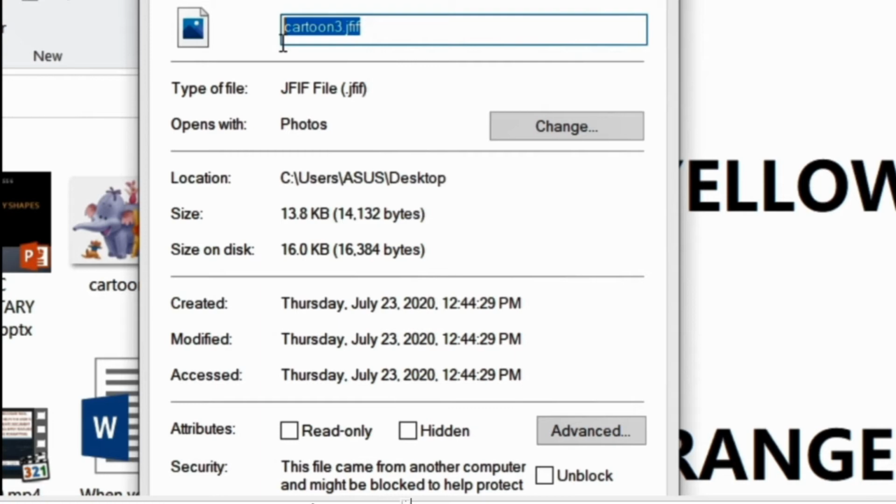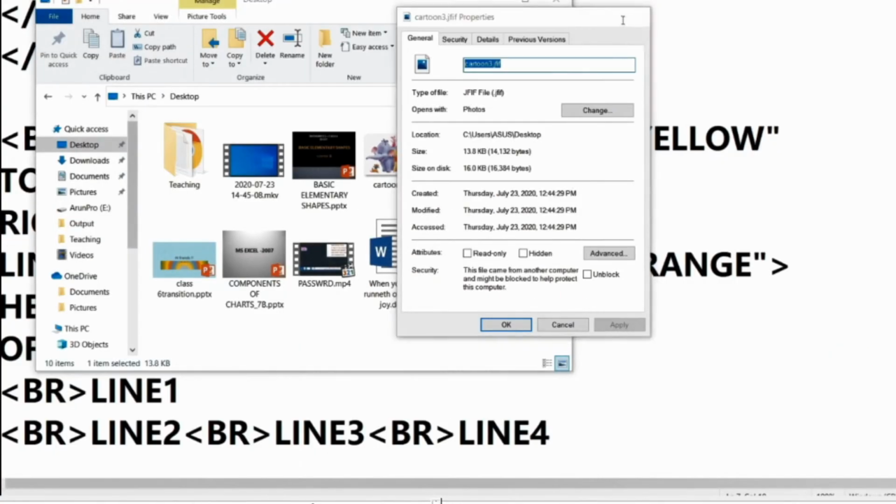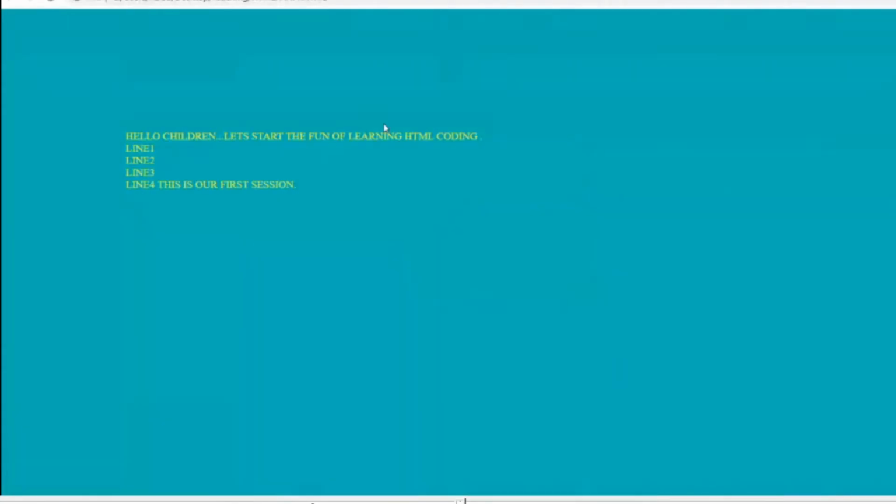You copy the image name with the extension of the file format from here and move to your notepad editor and paste it. So this is cartoon3.gif. Now remember, I have pasted and saved my notepad editor's text document. Every time when you do any changes, keep on pressing Ctrl S.